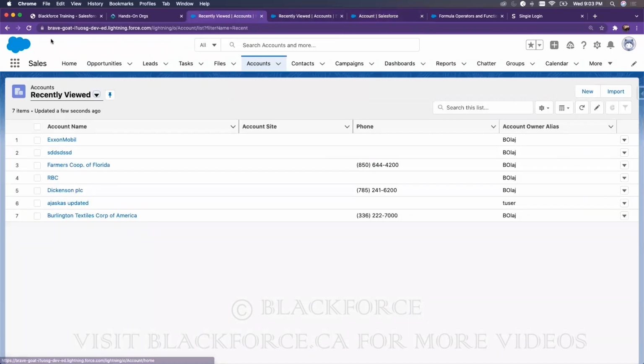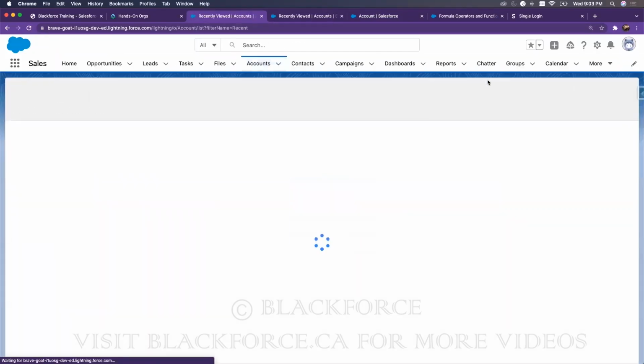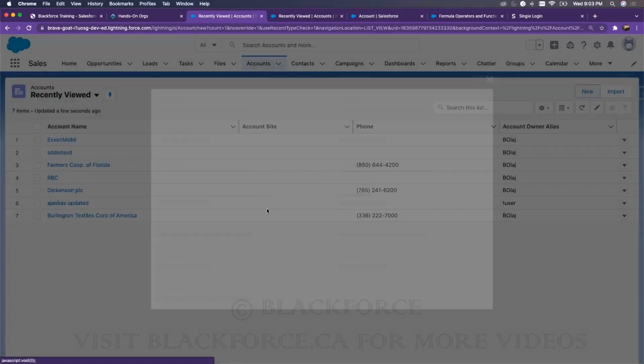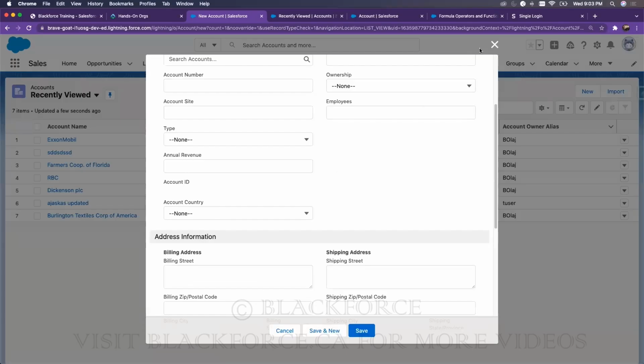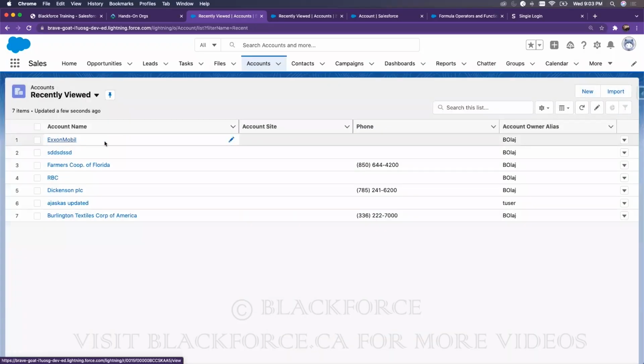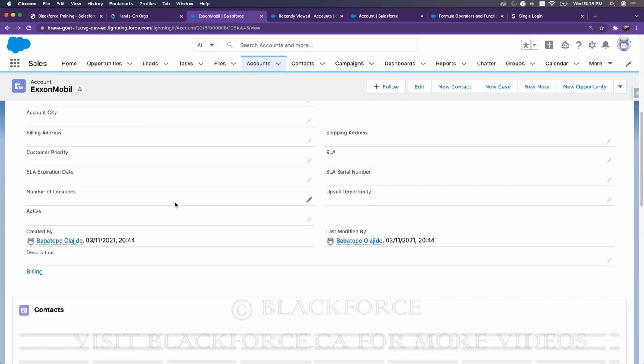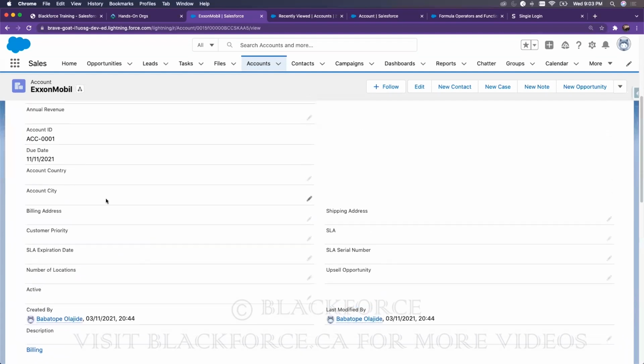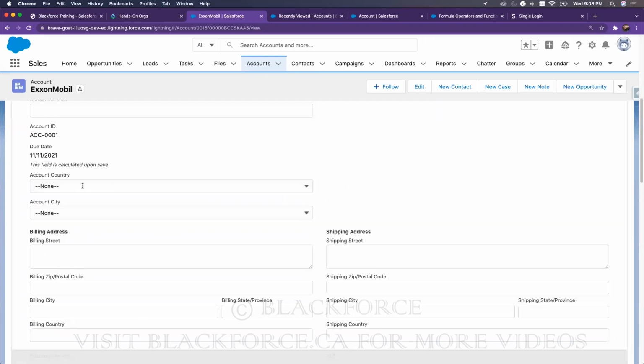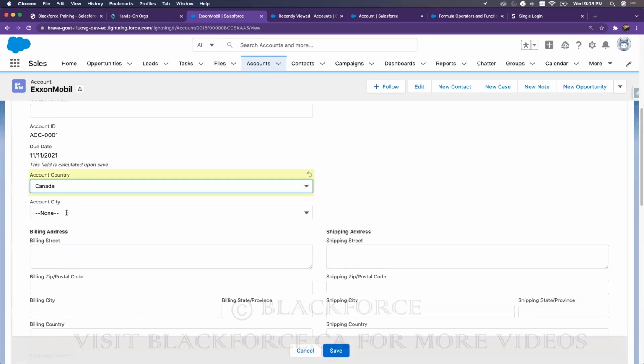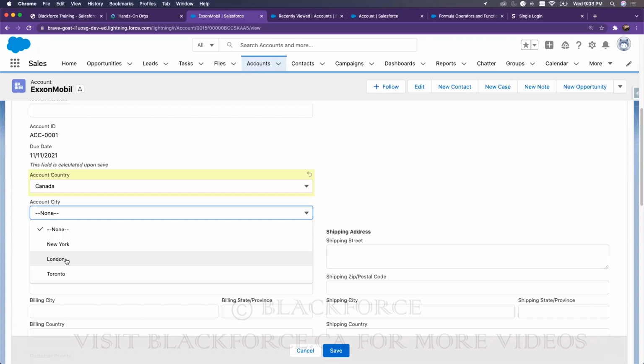So I'll just make sure I refresh this. Then I can enter this. It's still caching, but don't let us stress it. It's going to come. Okay, that's it. Can you see? It's there. Okay. So if I select Canada and I can select city,